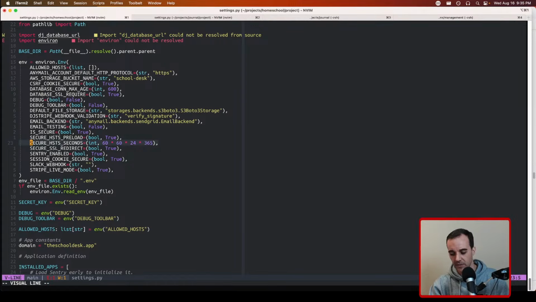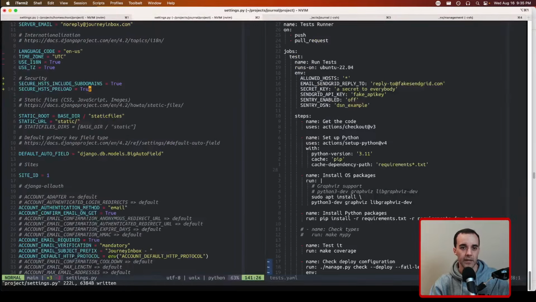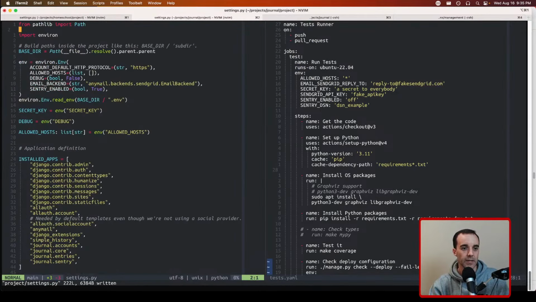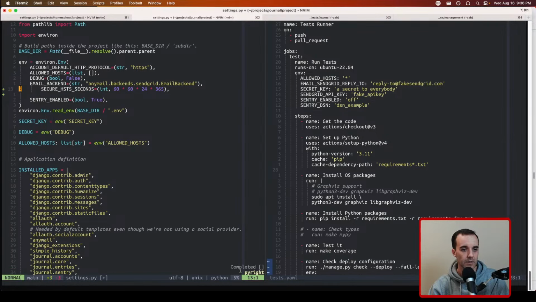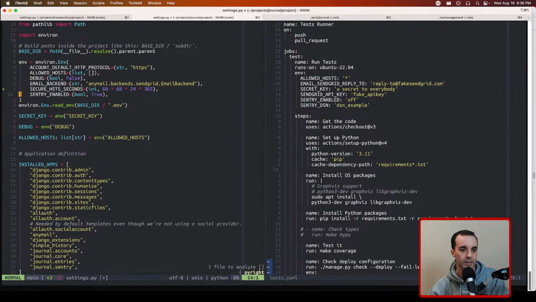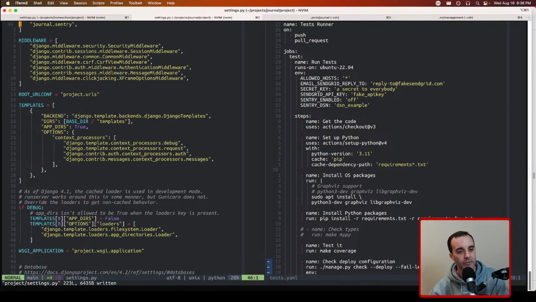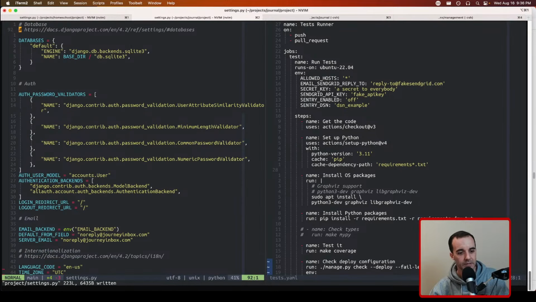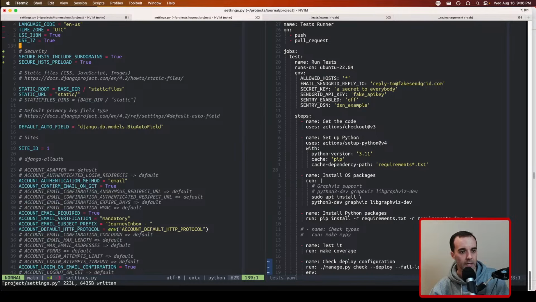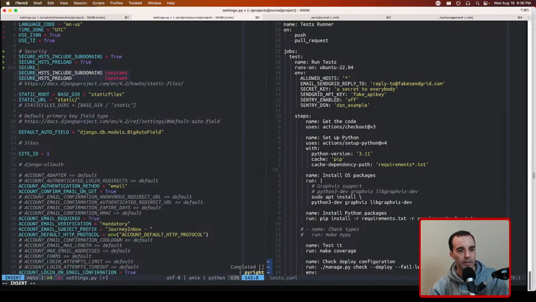So let's highlight this, let's copy it, and let's go put this in our env here. So I'm going to put that right here before Sentry enabled. Okay. Then we want to have, that's going to be the default, but I'm going to come down to the security section and say secure HSTS seconds equal to env secure